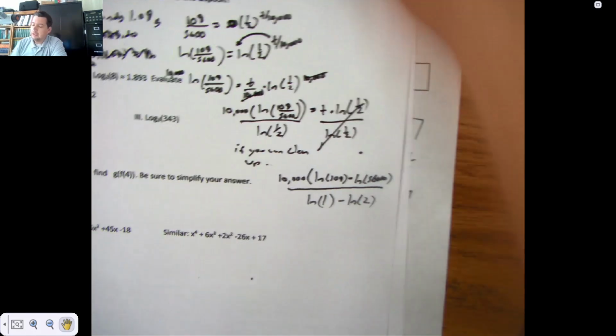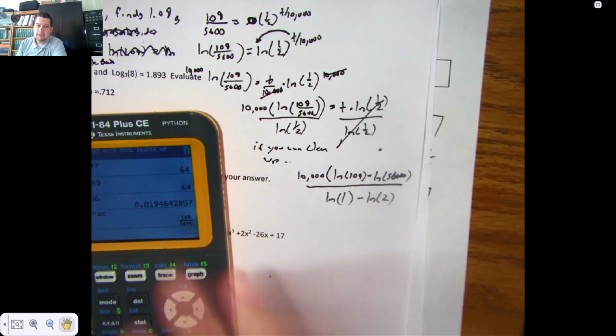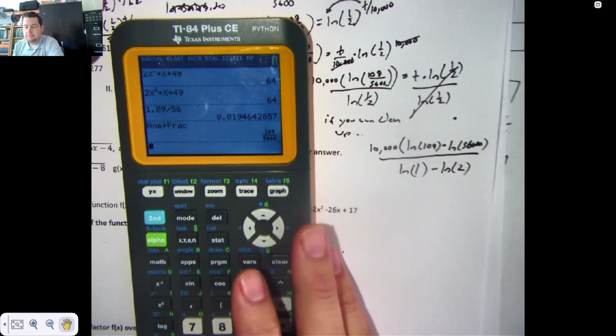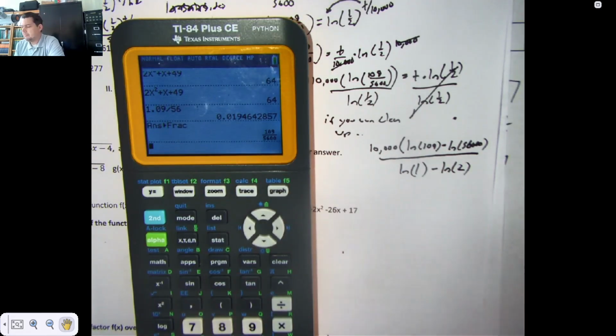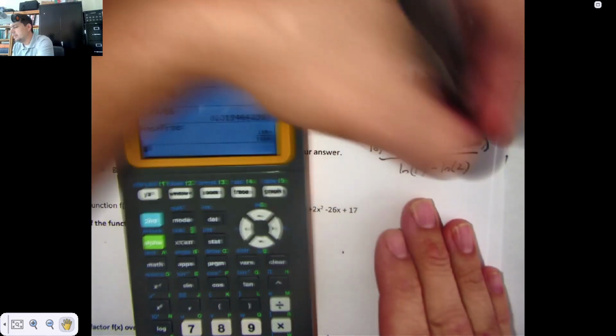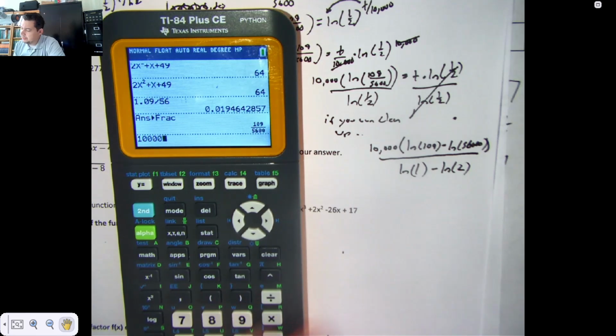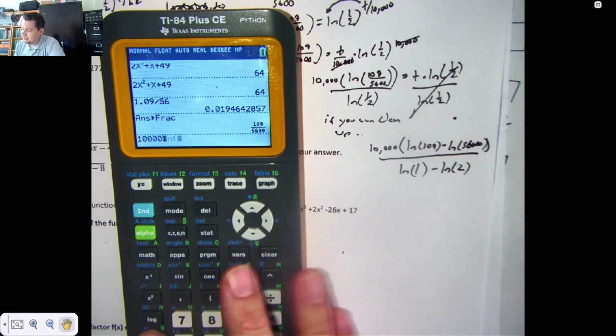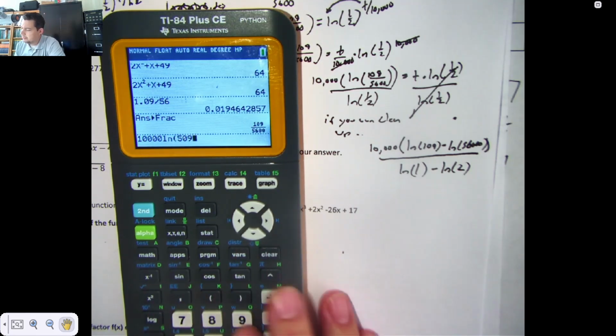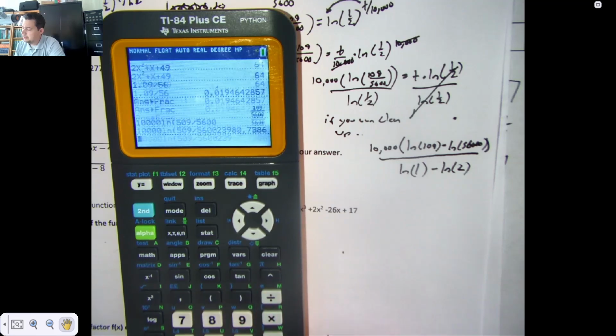Now, like I said, I'll probably make that a small bonus on something like this. Just see if you can clean it up, because that's where we really want you to be. I need another set of parentheses there. 10,000 natural log of 109 divided by 5600 divided by the natural log of 1/2